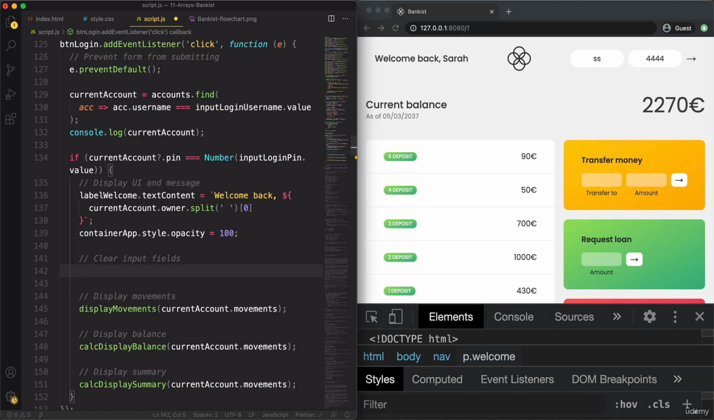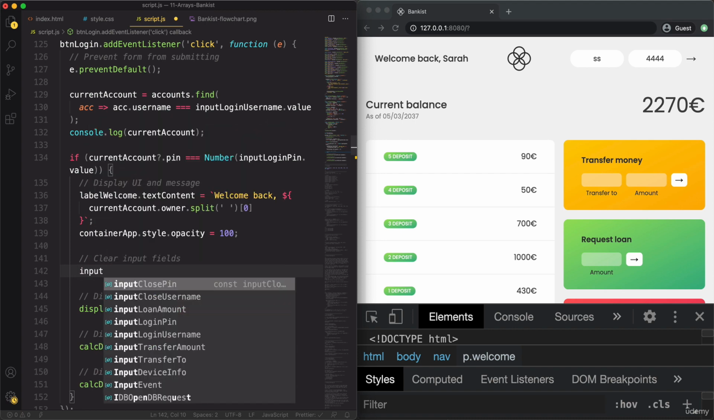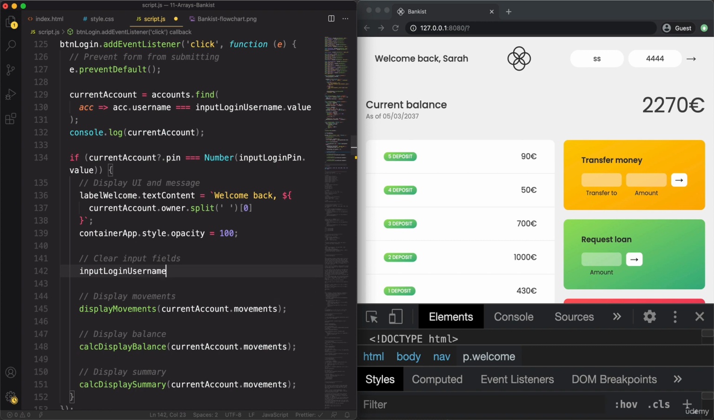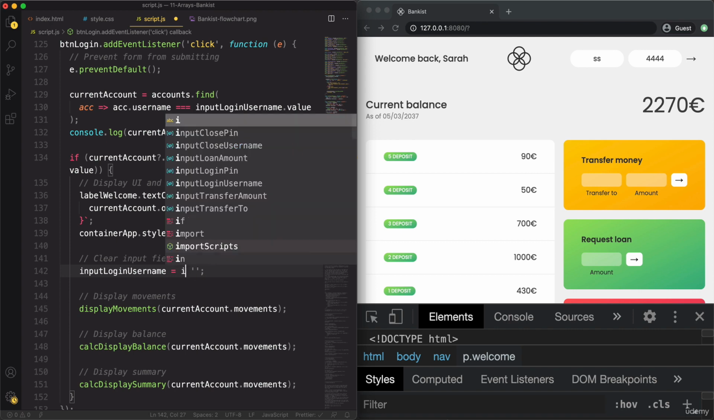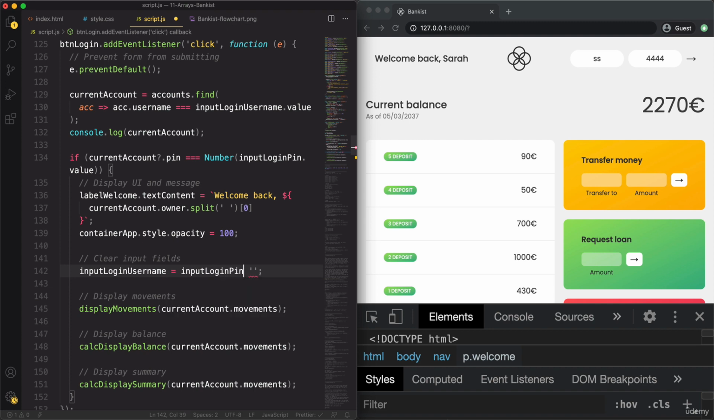So clear the input fields. We already know that the fields are input login username, which we want to set to the empty string, and then also input login pin. And we can do it like this. Login pin, also set it to equal,